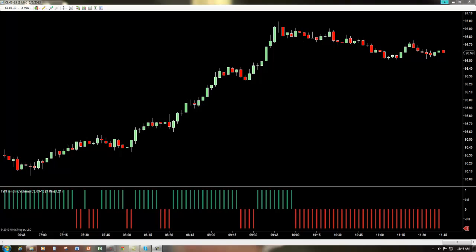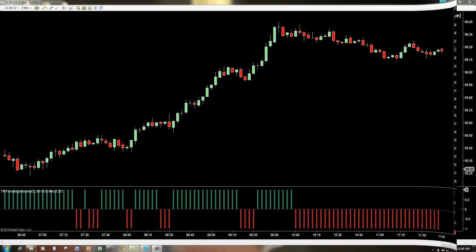The trending volume gauge also is a good tool to tell us not only if we are trending, but also if the market is choppy, and you can also use it to detect reversals as well as find divergences. Let's go ahead and take a look and see what this indicator can do.